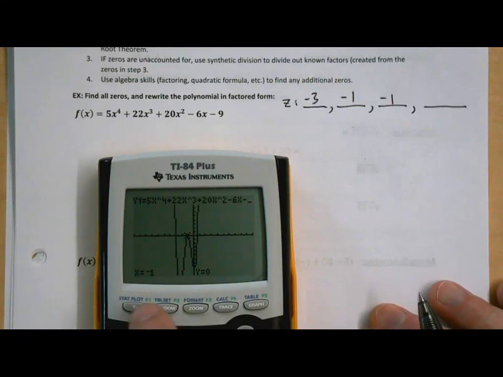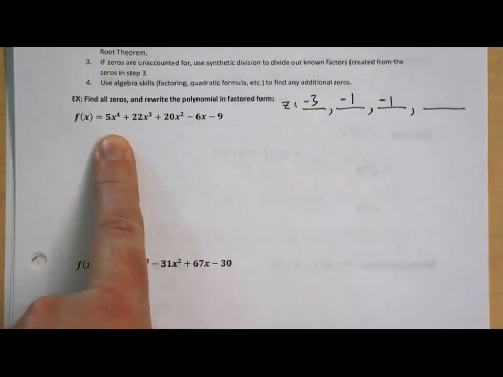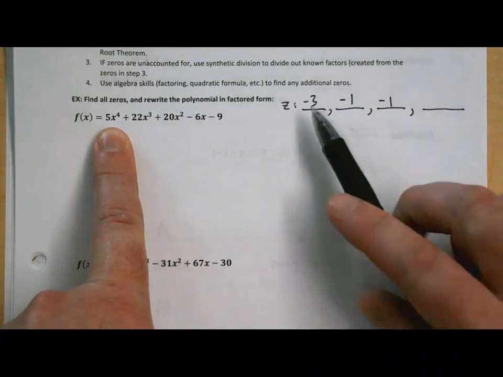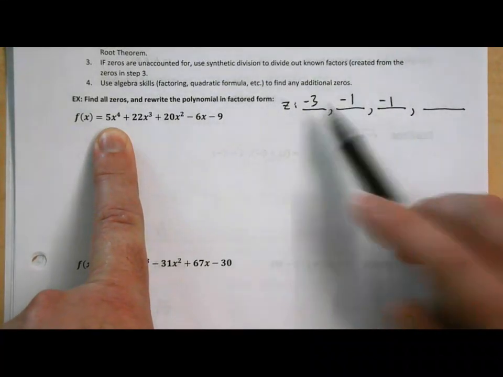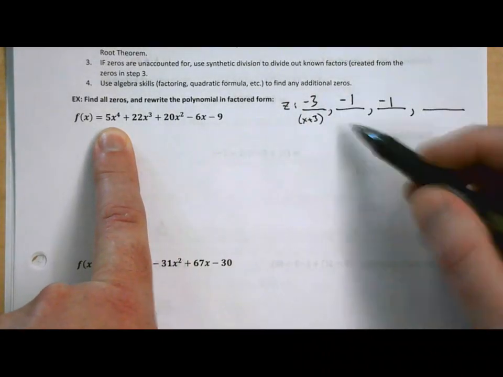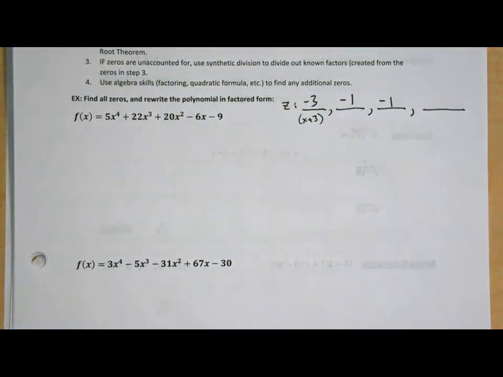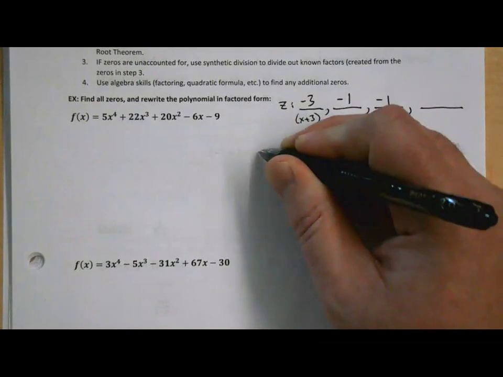We know that we have 3 factors already that would divide into this polynomial. What we're going to do is use division to start dividing these factors out. Okay? This is a factor of x plus 3. And then we've got 2 factors of x plus 1. Do you guys have a preference which one we do first? Do you want to do the 1s first, or you want to do the 3 first? We're going to end up doing all of them. 3 first sounds good. All right. So we're going to divide out that -3